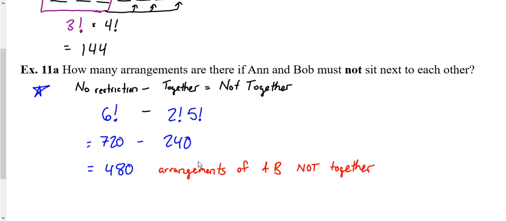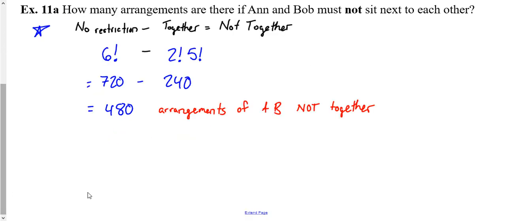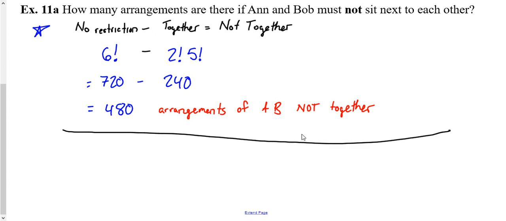Alright, there we go. Again, could you have solved this in a different manner? Of course you could. I've seen this done where you could have done something else, out of the, you'd have, so Anne and